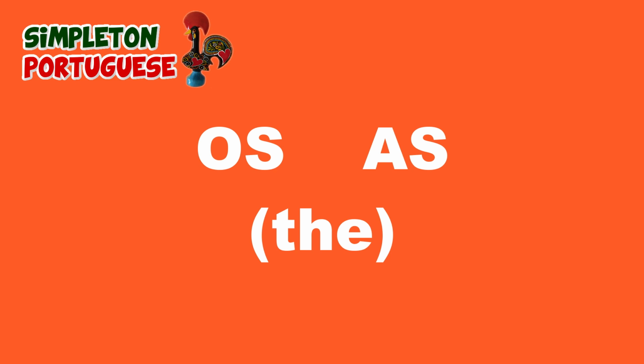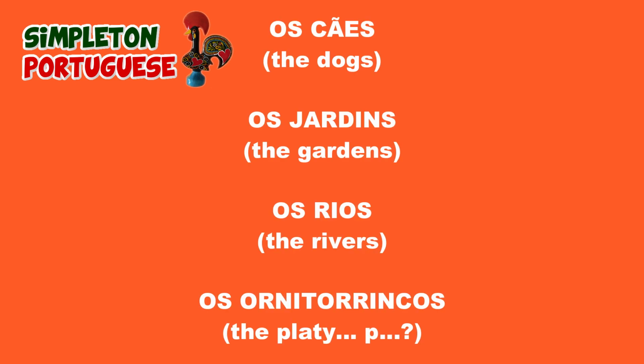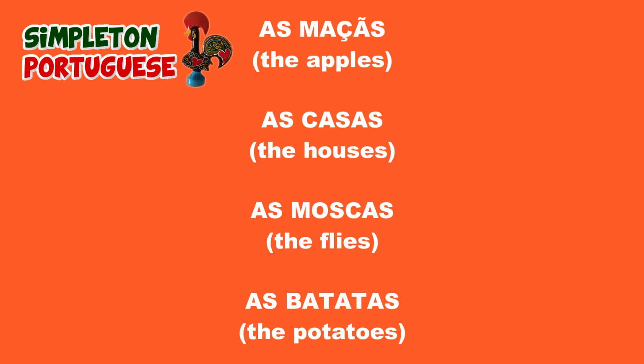Don't think too much about how plurals are formed or about word gender. We'll get to that in later videos. Os cães, the dogs; os jardins, the gardens; os rios, the rivers; os ornitorrincos, the platypuses. And the feminine plural form: as maçãs, the apples; as casas, the houses; as moscas, the flies; as batatas, the